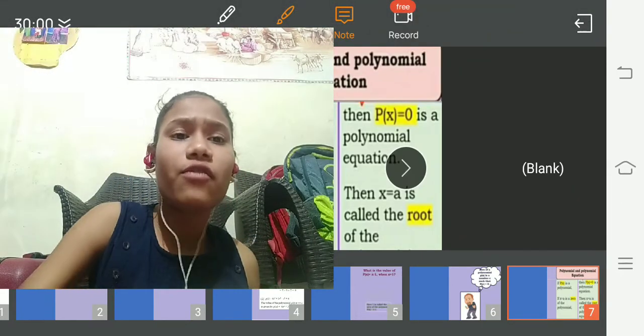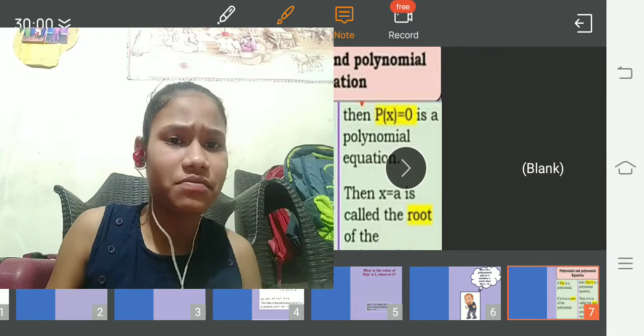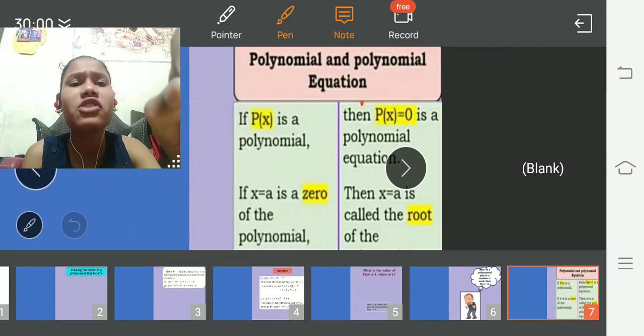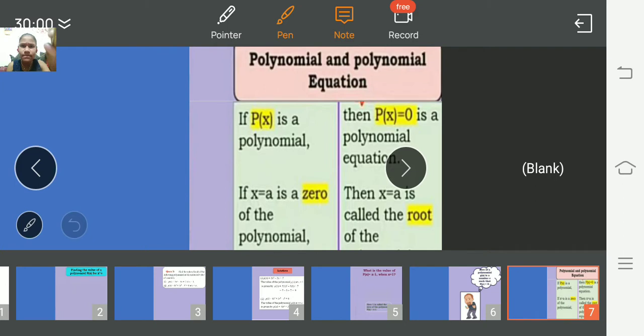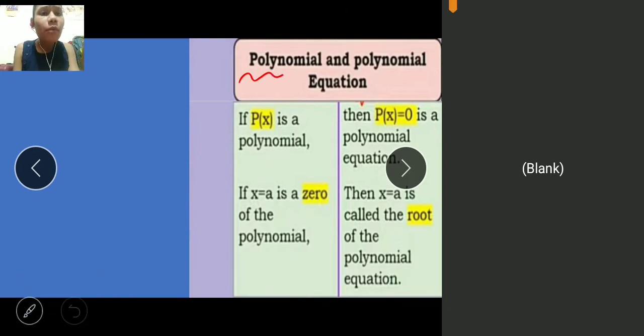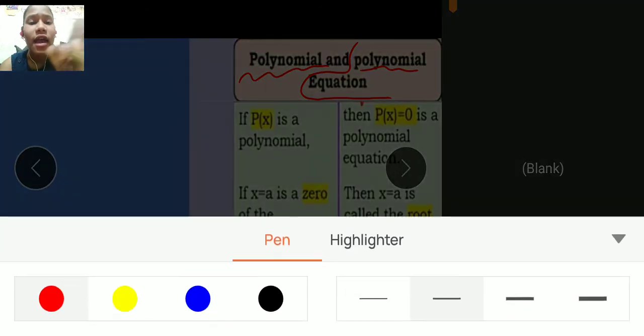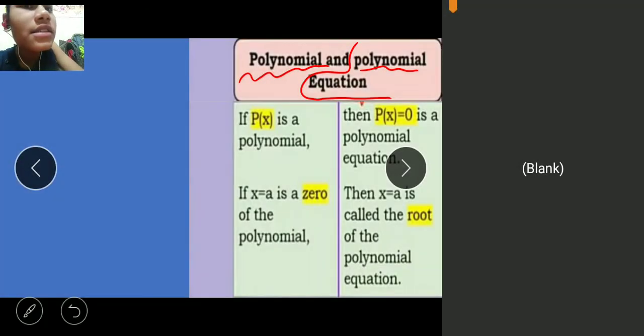First of all, the difference. The difference is not as big as you are thinking. It is a very simple difference that you have to understand. Polynomials and polynomial equation, just see the name, children. Not polynomials, see the name of equation. Polynomials I will understand, but polynomial equation, you have to understand that. And for that I have a trick, just see this word,